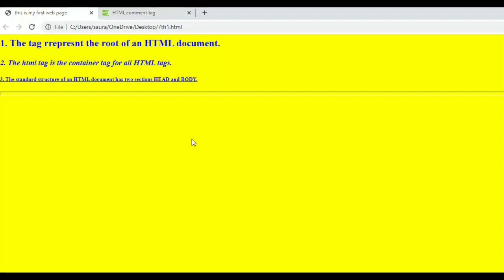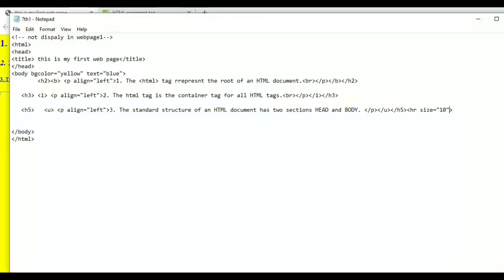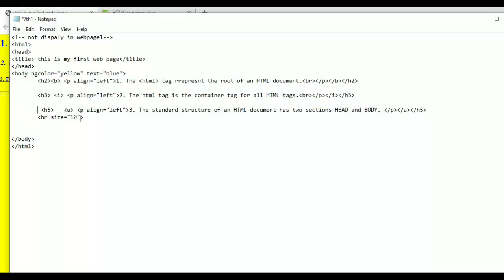We can also change the color, so let's change the color of this line. So size equal to 10, then color equal to, which color do you want? Let's make it red, and the size is 10, and change the width. So let's increase the size, let's make it 50,